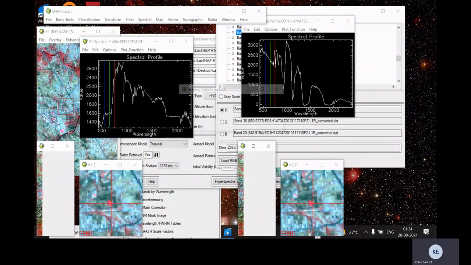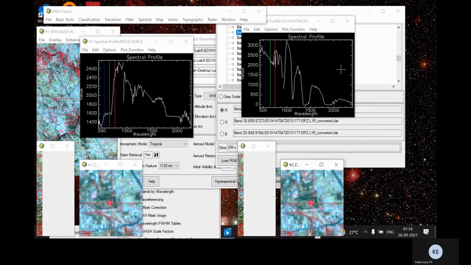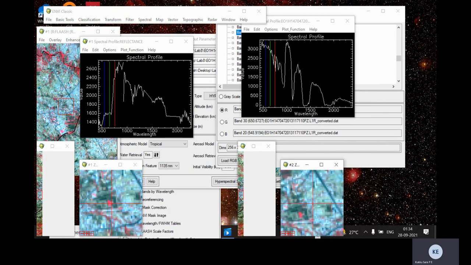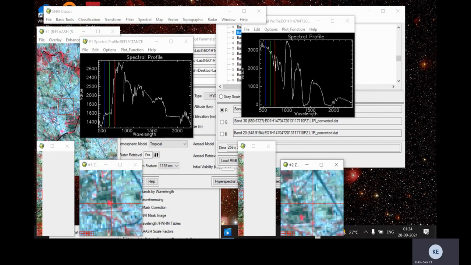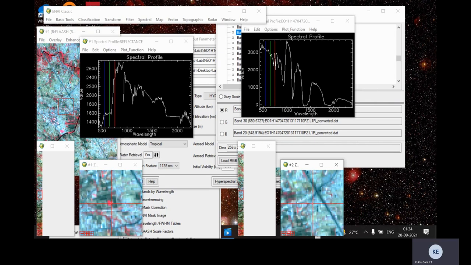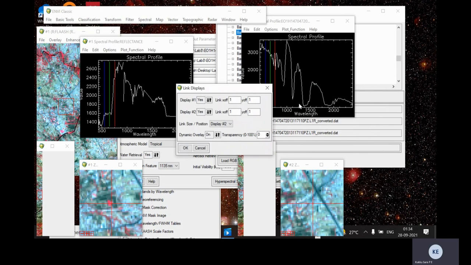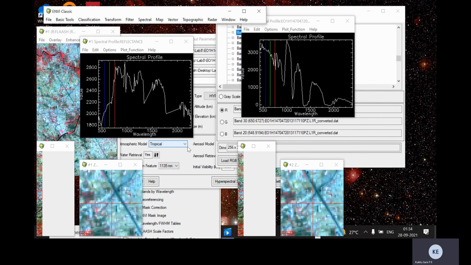Similarly, the spectral reflectance curve of an urban area also we can draw. To unlink the displays, you can right click and select unlink display. Again, for linking, right click and click link displays.